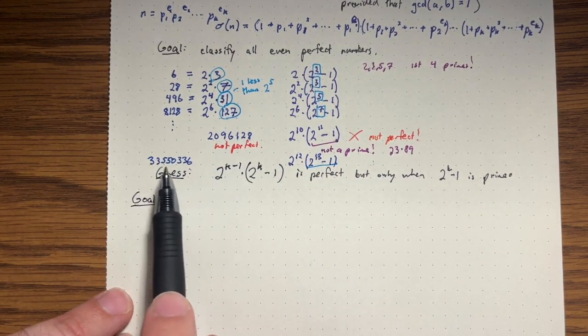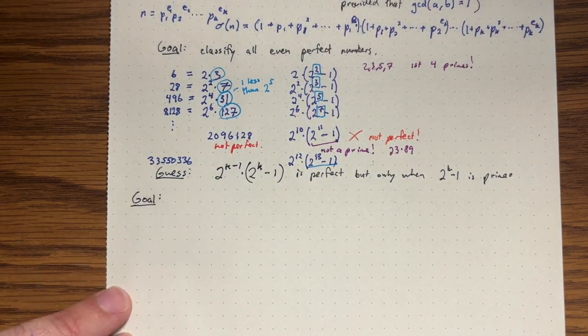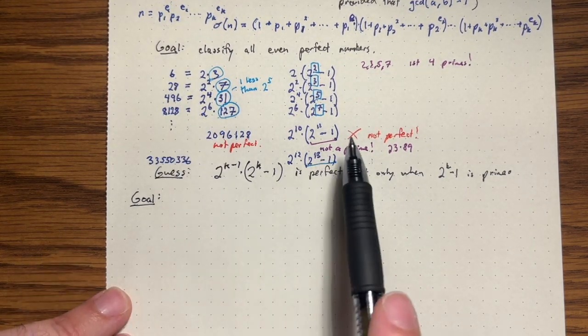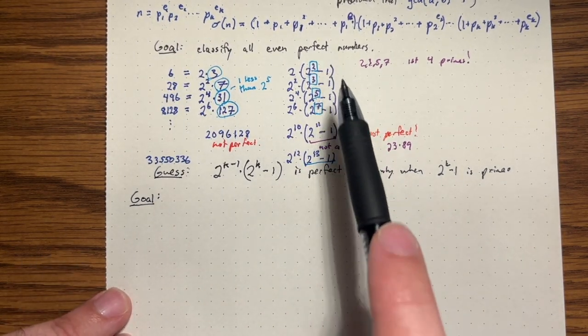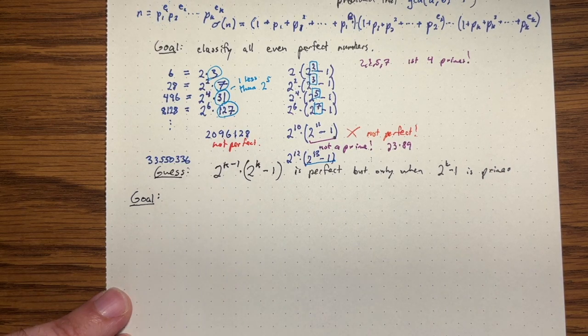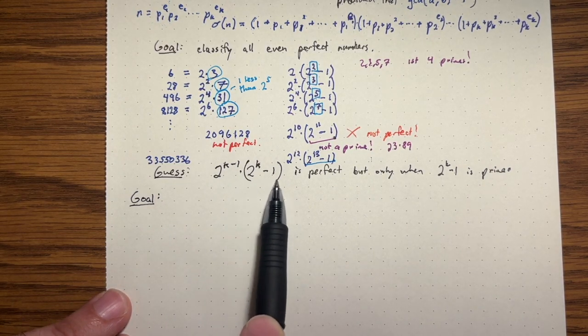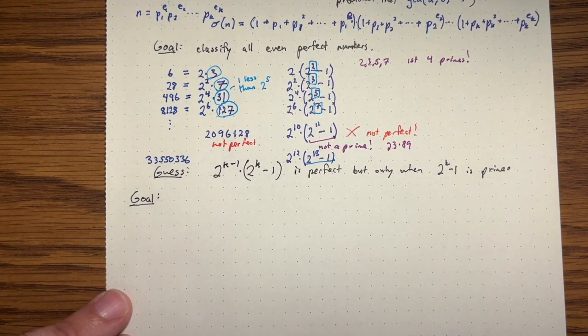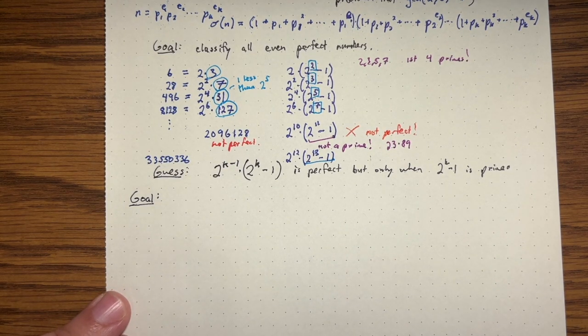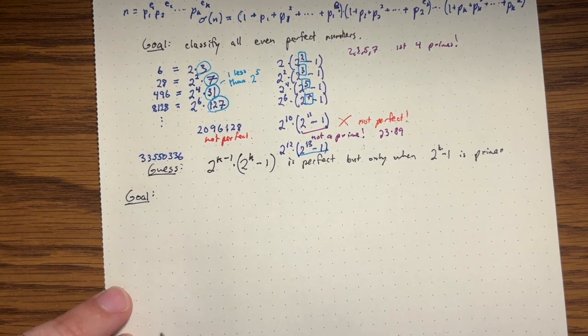It turns out if you check all the numbers up to this, or even higher, you don't get any other perfect numbers. They all have this very specific form: 2^(k-1) times (2^k - 1), as long as this 2^k - 1 is a prime. So they all seem to have that form. So we're going to try to prove